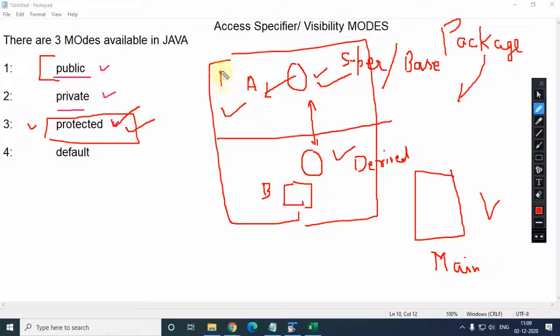But if you declare something as private, you cannot access it in a derived class. So if you want to access it in your derived class, for that we need the protected access specifier. Am I clear, everyone?